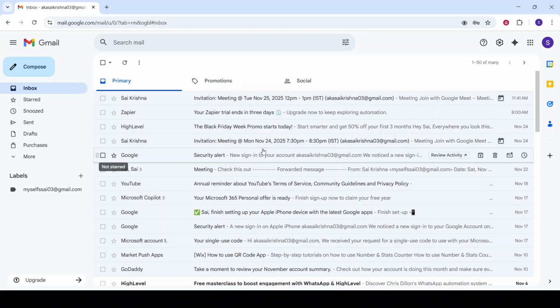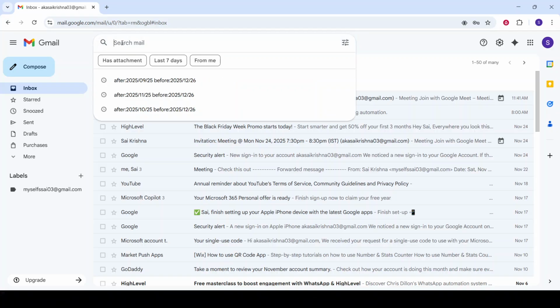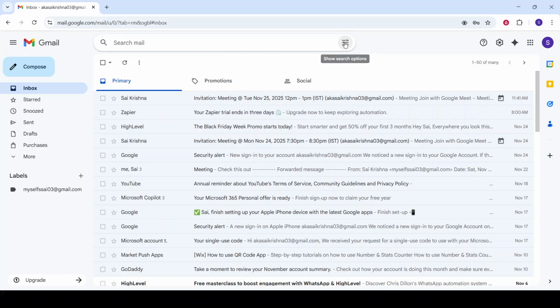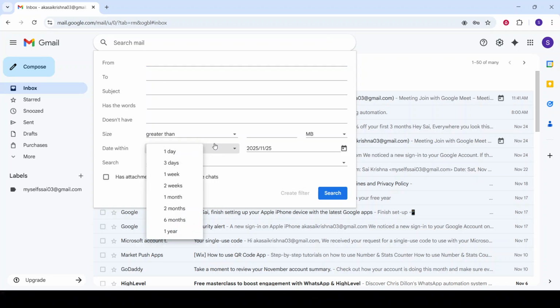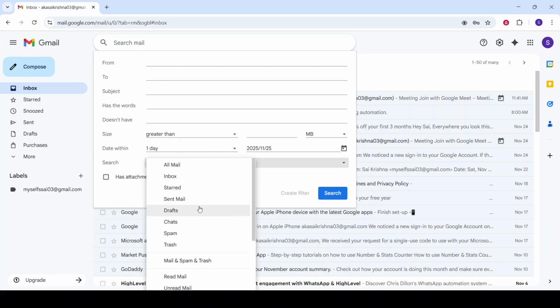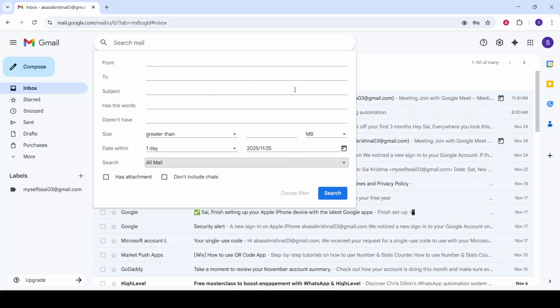When you need to find things fast, use Gmail search operators. Search by size to locate large attachments, and use before and after dates to catch older messages you can archive or delete. Combine terms and the search drop-down to zero in by sender, size, date, or subject for a clean,